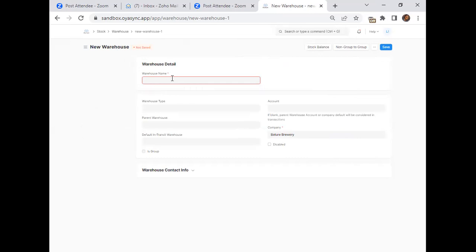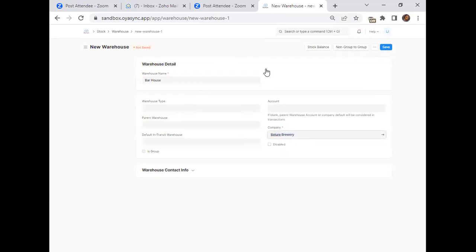Let's say my warehouse name is going to be bar. And my warehouse will be attached to,